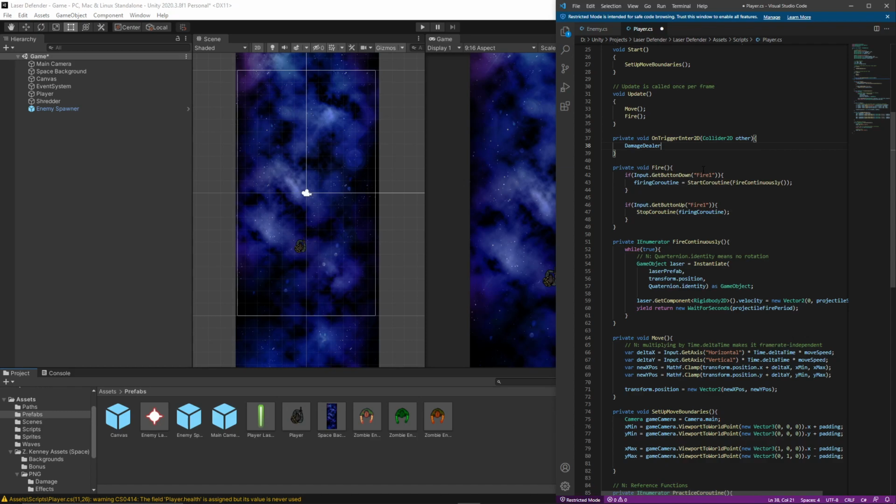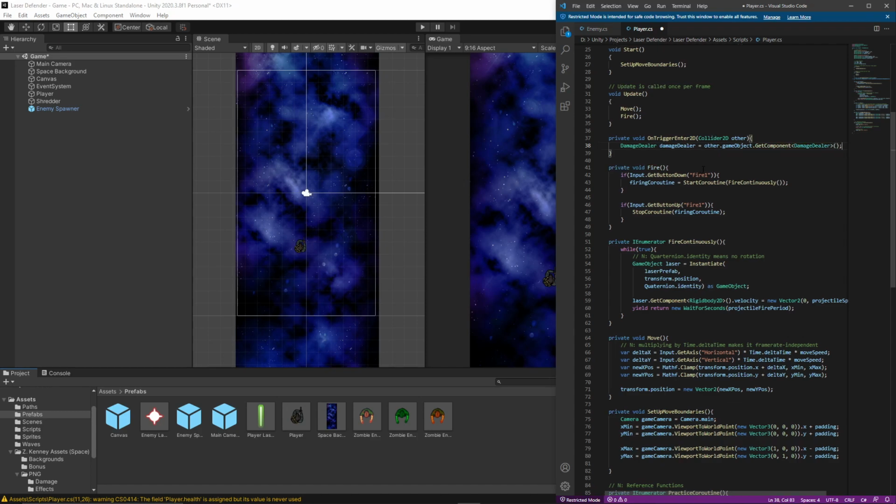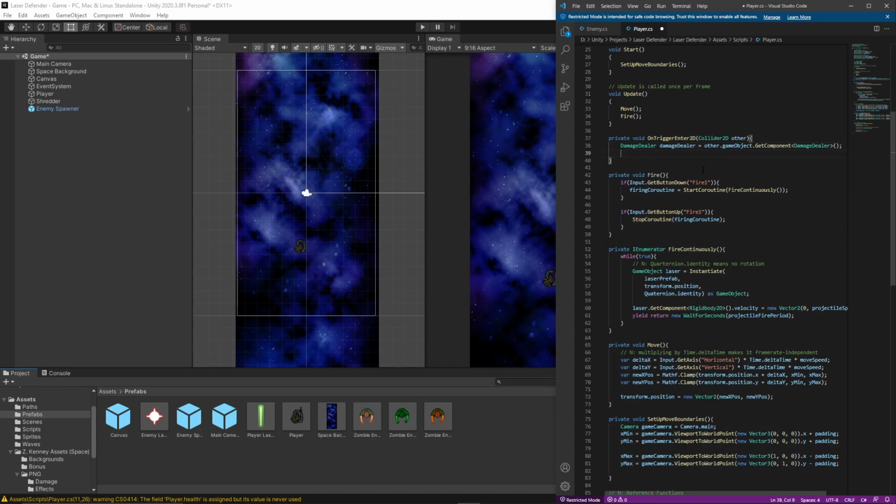So we have damage dealer equals, so other is a collider, so we still need to get the game object. So we have the game object, so then we have to get component and make sure that it's the damage dealer component, and then we're gonna process the hit,